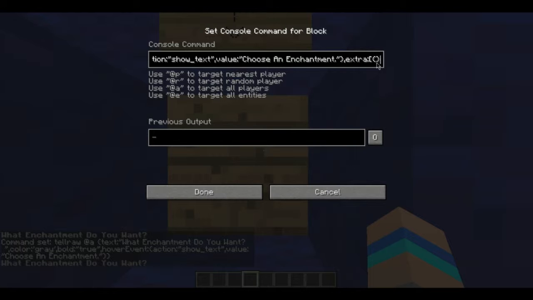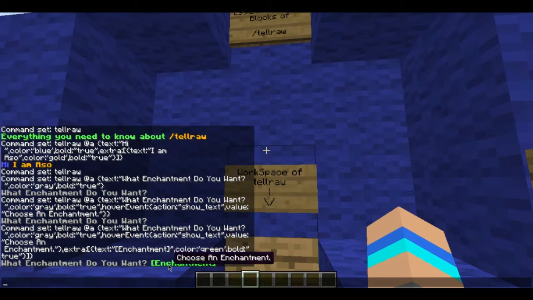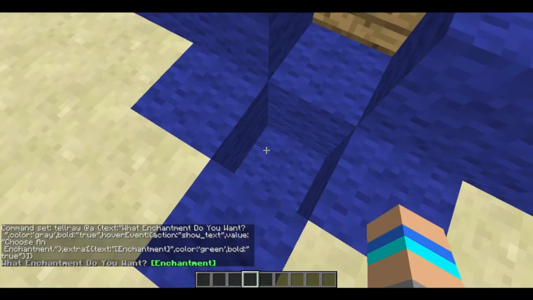Then that, and then we'll go text. The first one should be, I'll call it enchantment, and this one will be color, and then green. It's gonna be green, and make it bold. So bold, true. So what we'll have now is, that's gonna be the first enchantment, and we're gonna have another space and another enchantment. So that's enchantment number 1,